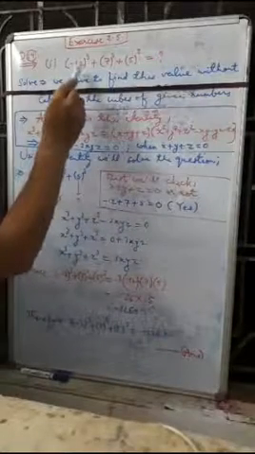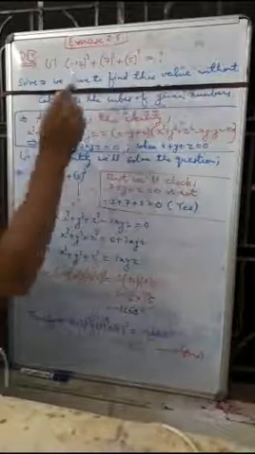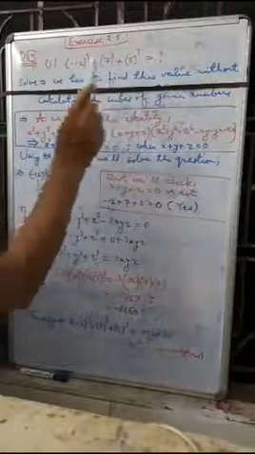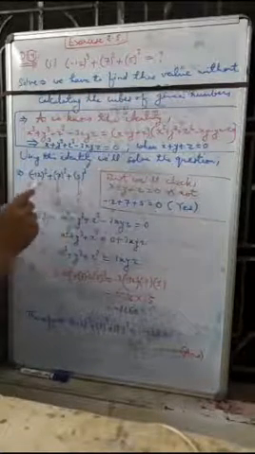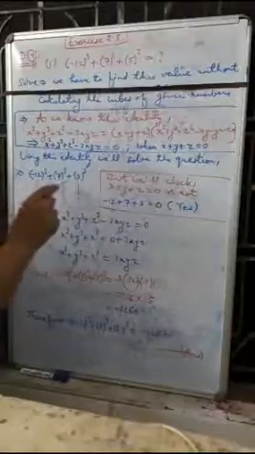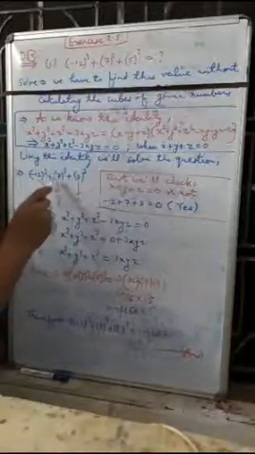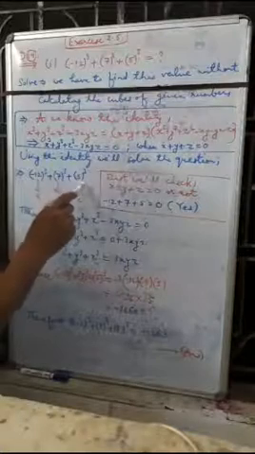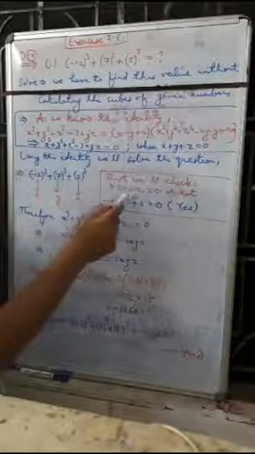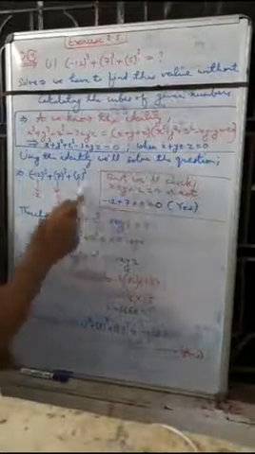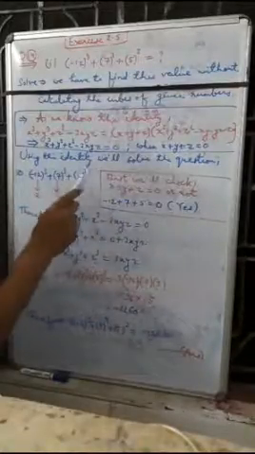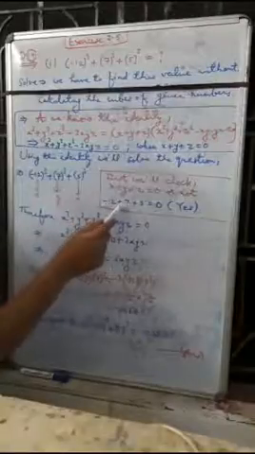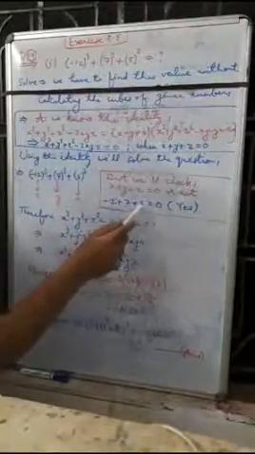So we are rewriting the question again: minus 12 cube, plus 7 cube and plus 5 cube. Here it is x, y and z. Before solving the problem we will check whether x plus y plus z is equal to 0 or not. Putting the values, x is equal to minus 12, y is equal to 7 and z is equal to 5. So minus 12 plus 7 plus 5, 7 plus 5 is plus 12.